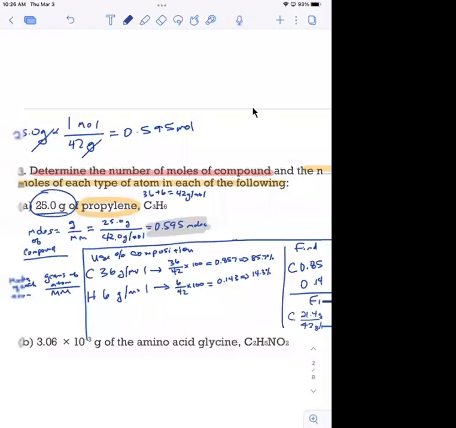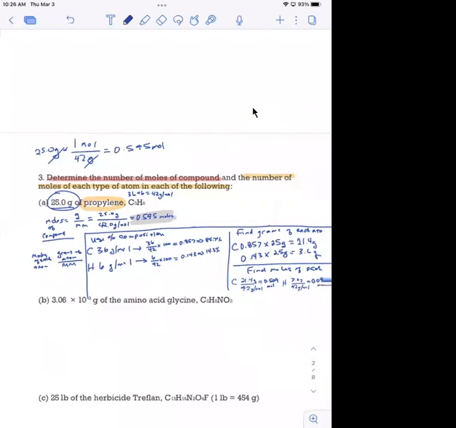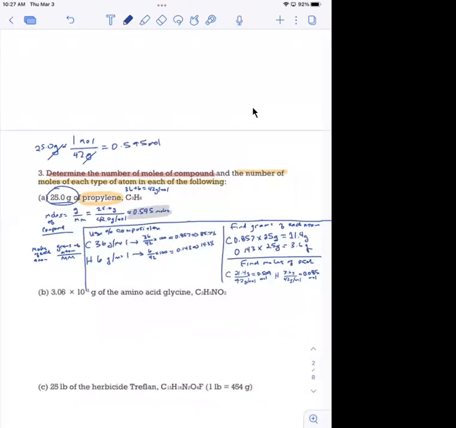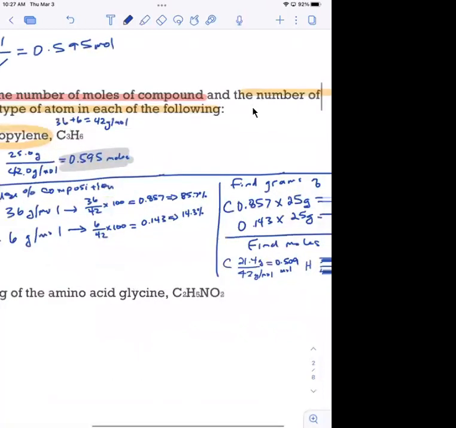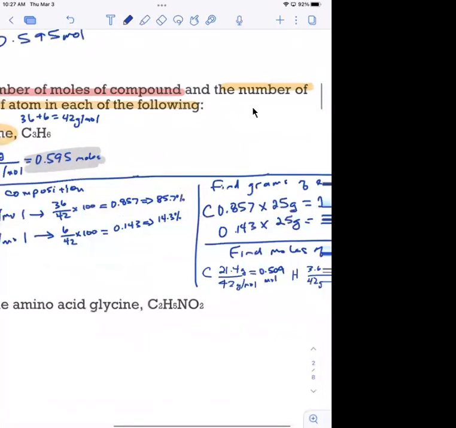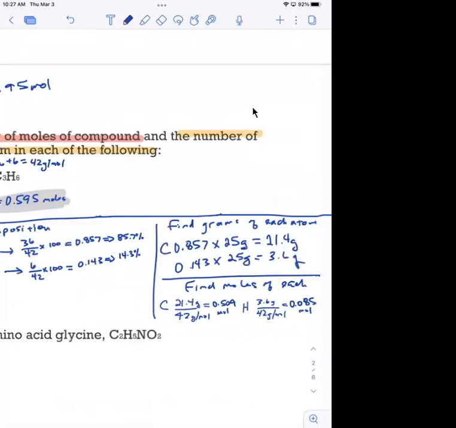So let's go back and recap how we did this question, because the other ones are just like it. It's just different molecules, right? We had a mass of a molecule, and it says find the number of moles of the compound, which is easy. We take that mass and divide it by the molar mass of the compound. Then it says find the number of moles of each type of atom in the compound. That was a little bit more involved because first we had to figure out the percentage of each atom. And literally we could have gone from this step right here